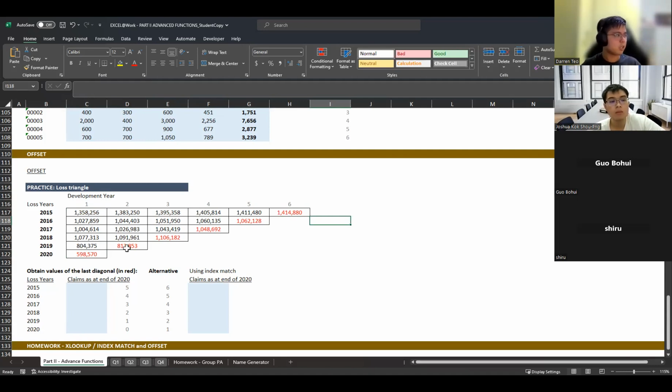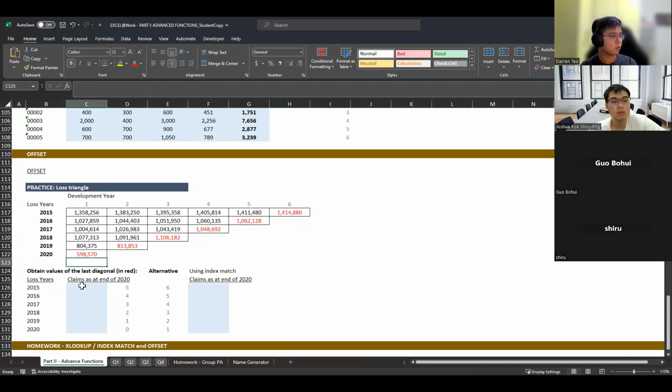So what we want to do is, you see that all the diagonals here are actually the current development period. Let's say I want to find out the number of claims at the end of 2020, which is essentially all these years.